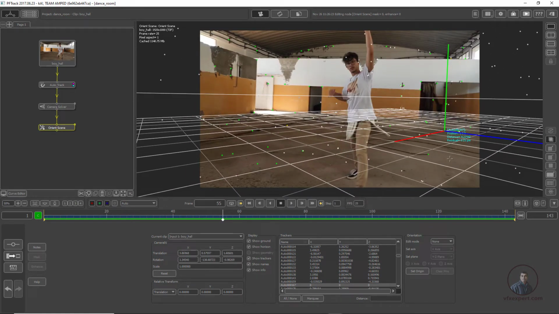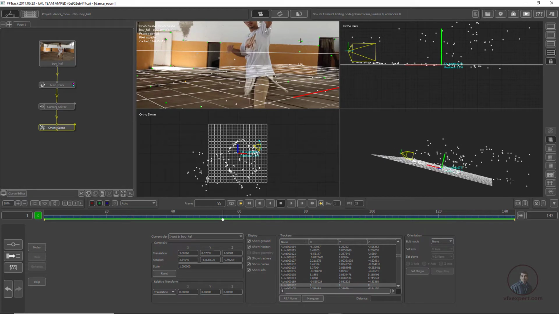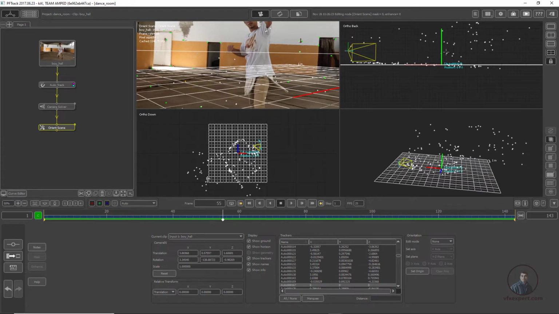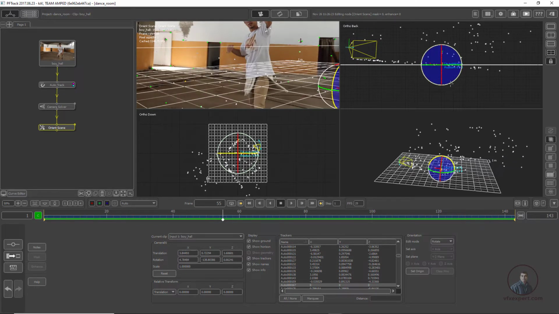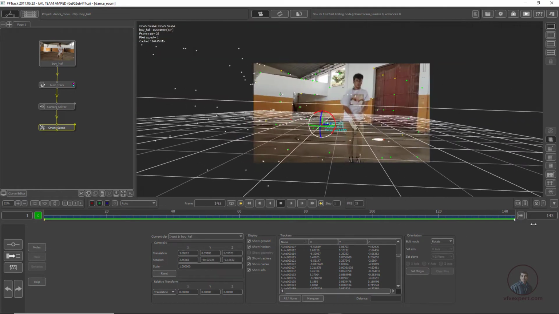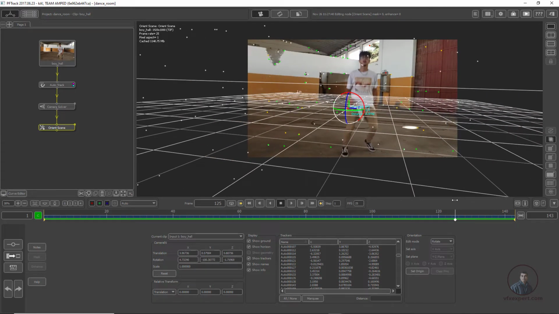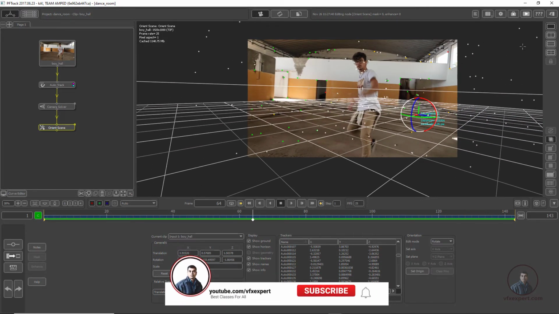Okay, after this I'm going to orient our scene a little bit, then come here in 4 view option. So easily you can see, I think this is looking good, totally this is looking good. So if you want to orient, then take a rotate tool and just adjust. So if you want to rotate a little bit, then rotate.